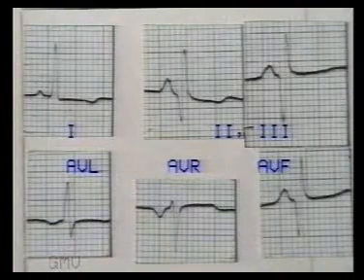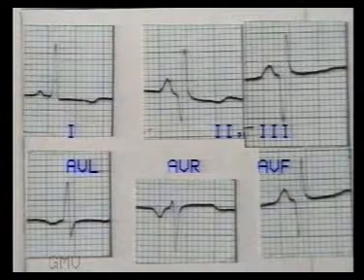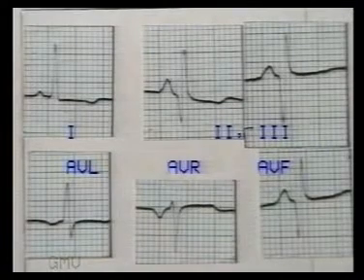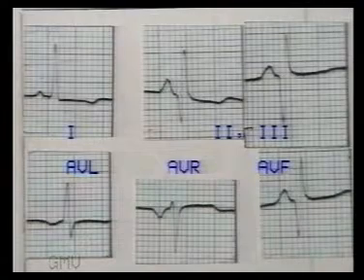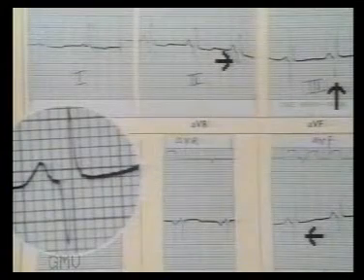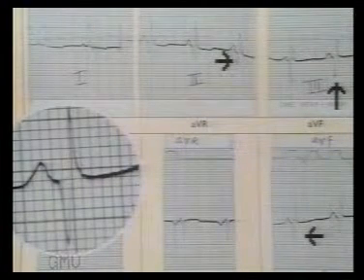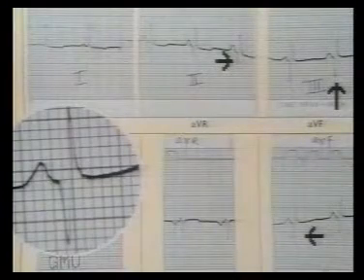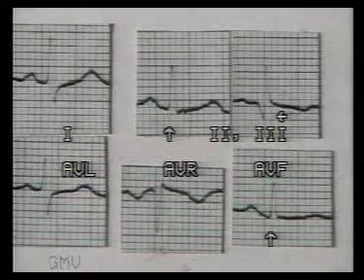In this ECG strip, note the deep Q waves in leads 2, 3 and AVF. The ST segment is isoelectric and there is no T wave inversion. So this is an old inferior wall infarct, at least 3 months old. In the same ECG, note in close-up view that the Q wave is deep as well as wide, a pathological Q wave. At this stage, we will learn an important point about Q wave.